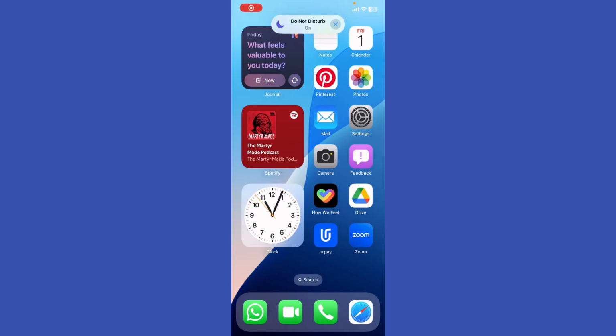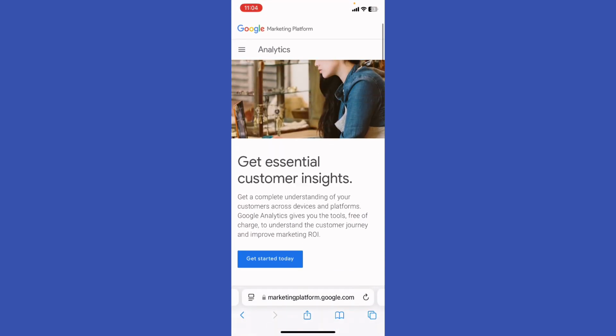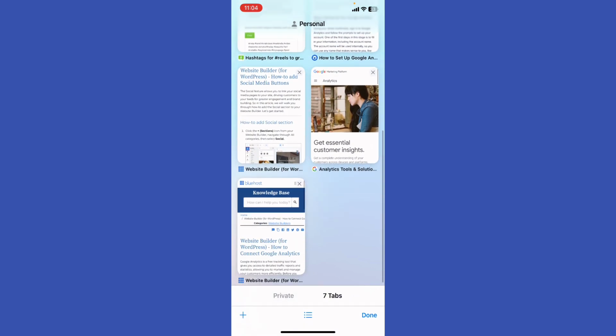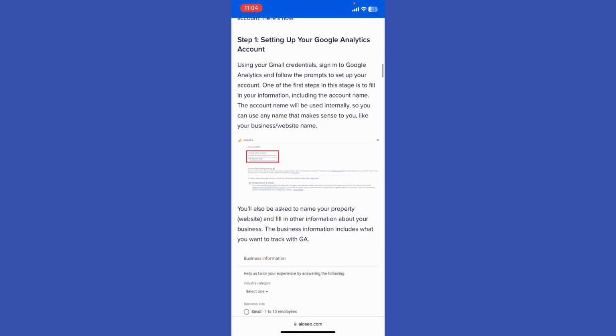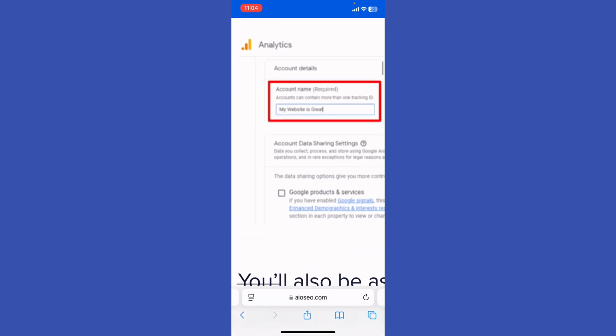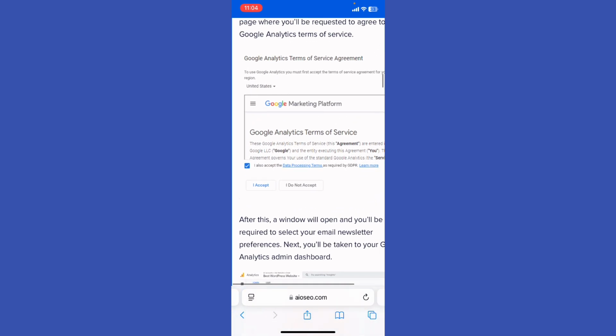How to install Google Analytics on Bluehost. So first of all, go to the Google Analytics website and sign in with your Google account. And basically, after all that is said and done, just go ahead and start setting up your Google Analytics account by adding the account name and the business information, and agree to the terms